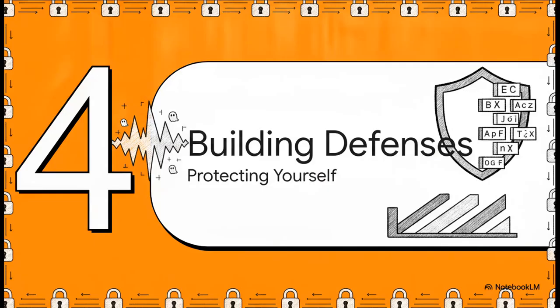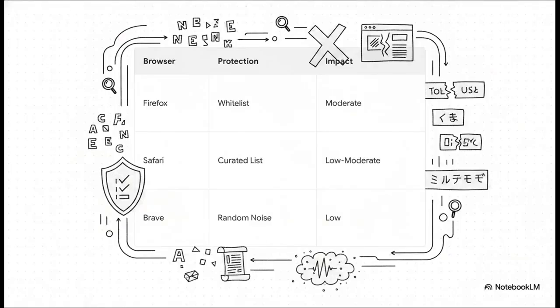Okay, let's pivot to part 4, building your defenses. So the threat is massive, it's totally silent, and it works. How do we actually fight back and protect our digital identities? Well, modern browsers do offer some built-in protections. Firefox has a resist fingerprinting mode that restricts websites to a strict whitelist of standard fonts. Safari uses a curated system font list, and Brave actually throws randomized noise into the font measurements to confuse the